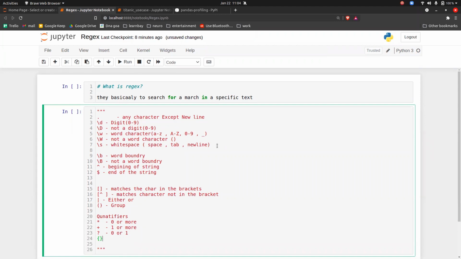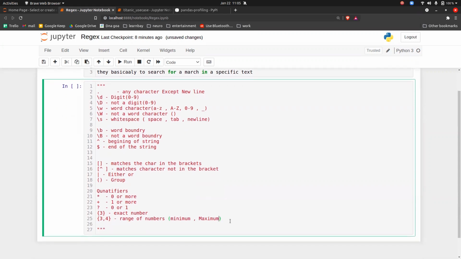Then we have this kind of symbol, curly braces with a number, which means an exact number. And then we have something like 3,4, which means a range of numbers, a minimum and a maximum.